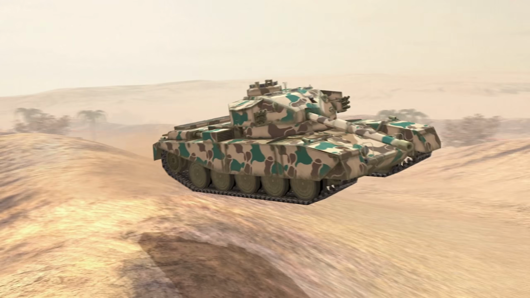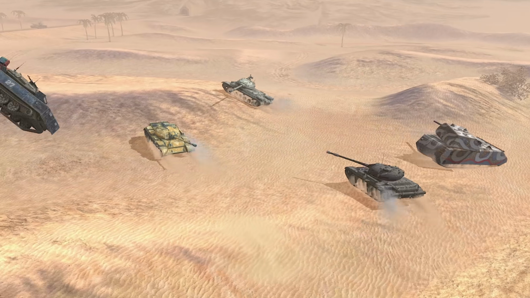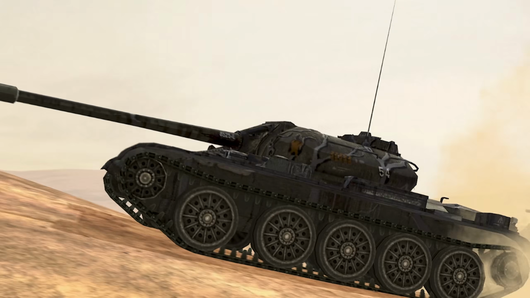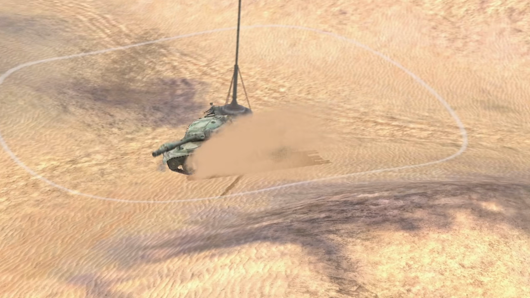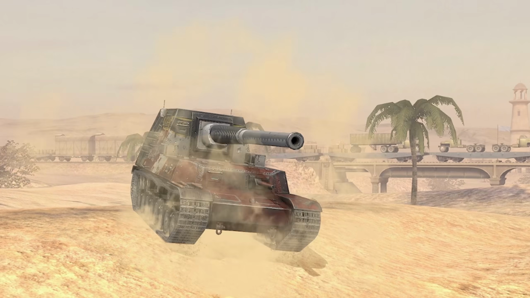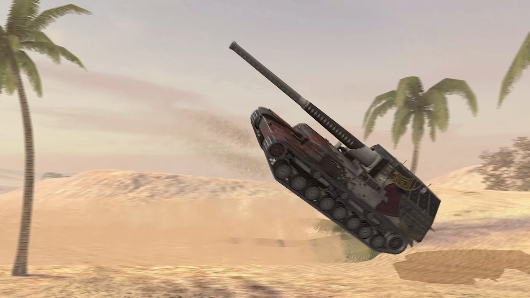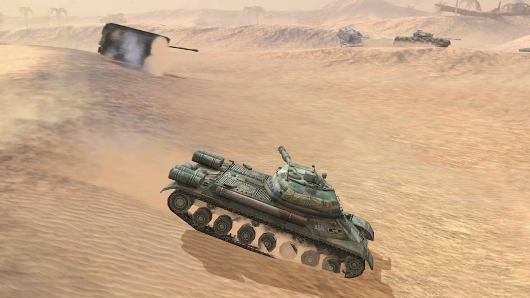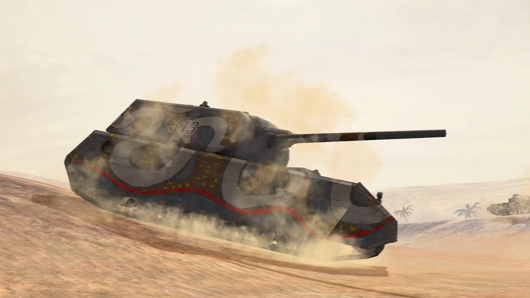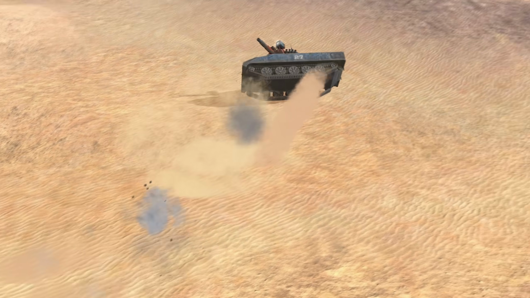After each shot, the tank is thrown back by the recoil. The exact force at which this happens depends on the gun caliber. The higher it is, the stronger the push. At the same time, the mass of the tank lessens this effect. It's pure physics, no magic. For example, a Mouse hardly moves when it fires. But as for the Sheridan,